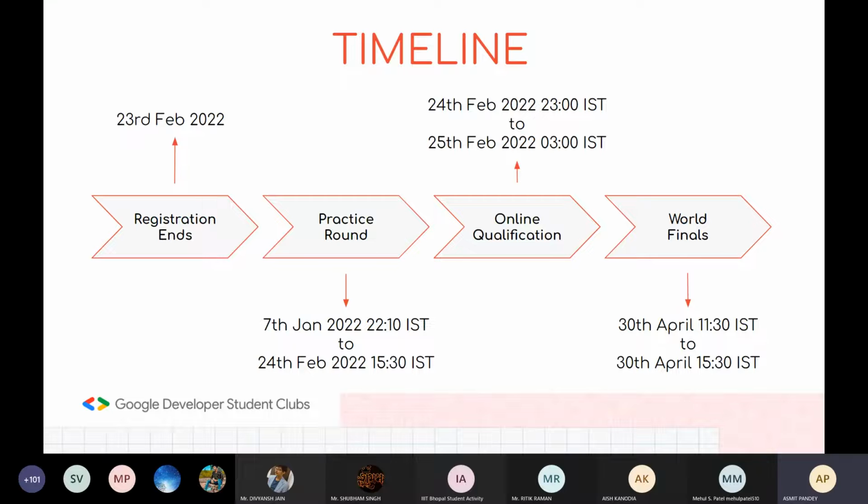Make sure that you become habitual of staying awake between 11 to 3, because if you think that one day you will just wake up at 11 and you will code till 3, then that won't be possible, because